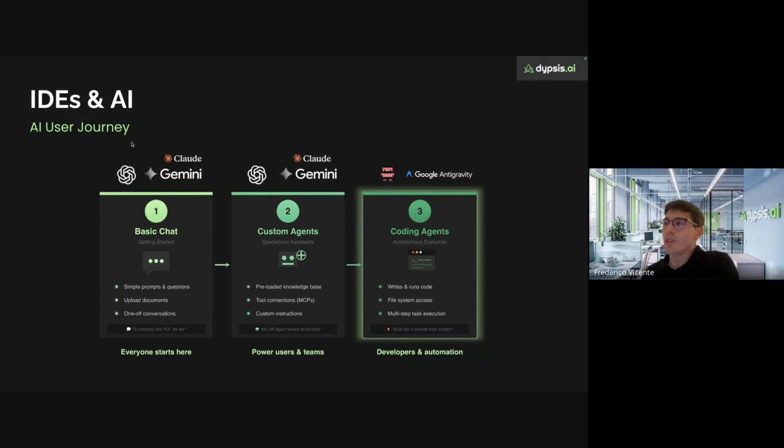And most of the users get stuck at most at the second one, but actually I argue that if normal people would have some fundamentals of development, they could get the most of the capabilities of the third kind of user, because currently coding agents are not only for developers. They offer some really good, powerful capabilities that normal people would really benefit from.